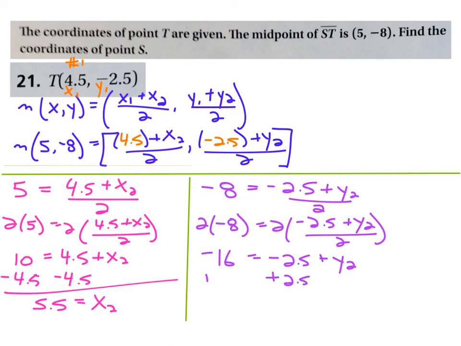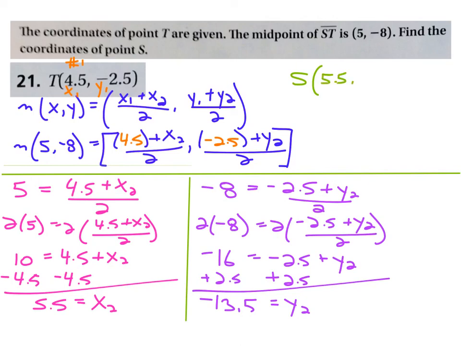And when we add 2.5, we get negative 13.5 is the y coordinate of point number 2, giving us for S coordinates of 5.5, comma, negative 13.5. And just verifying it with the book. Yep, looks good. That's how you